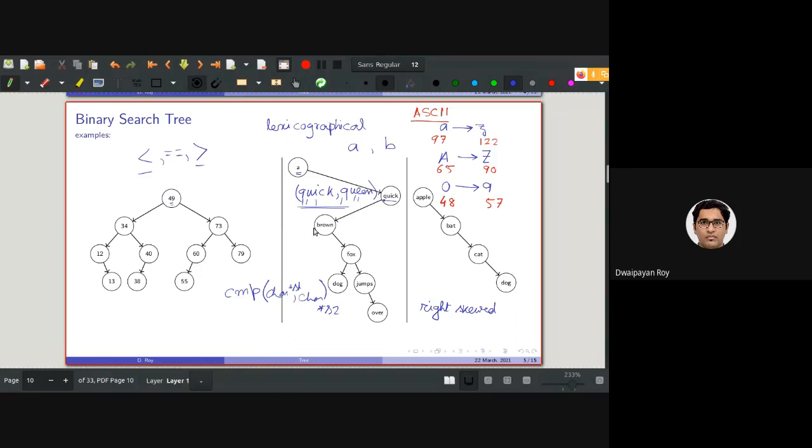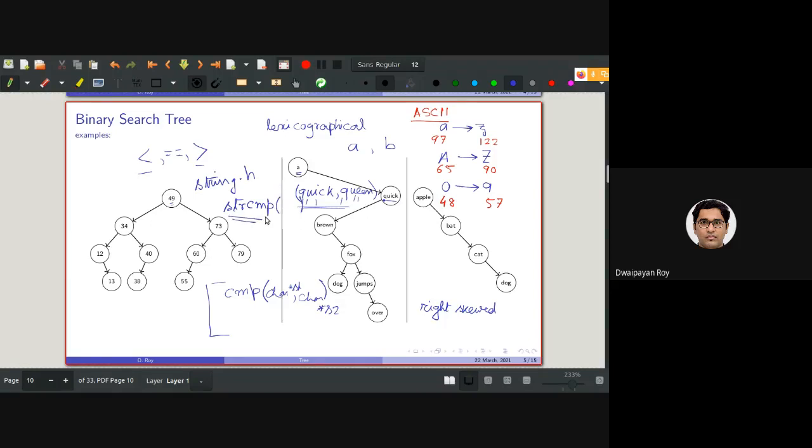The easy thing is, this is actually already defined in the header file called string.h. In this header file, there is already a function called strcmp.